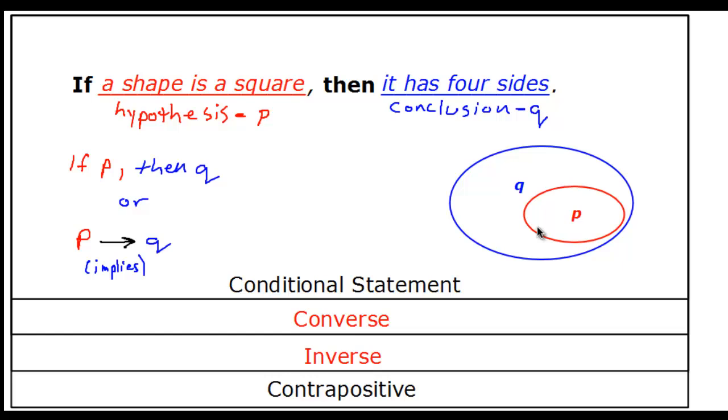All right. So if a shape is a square, then it has four sides. Now, you want to think about your specific conditional statement. If a shape is a square, so we have a shape that is located here in this hypothesis circle. This is where the hypothesis is. This is the square. Is it also going to be in the four-side circle? And the answer to that is yes, definitely. It's definitely going to be in there. So this conditional statement right here